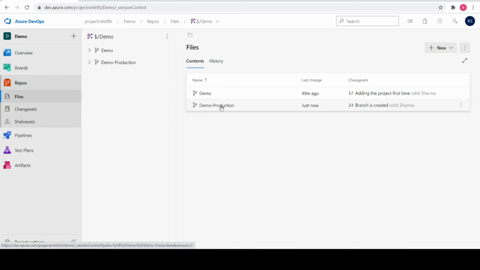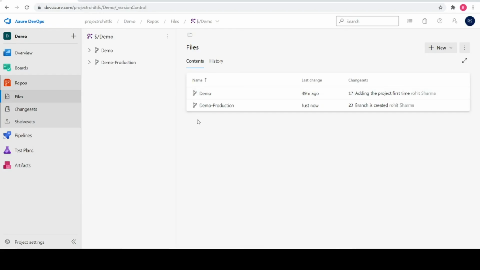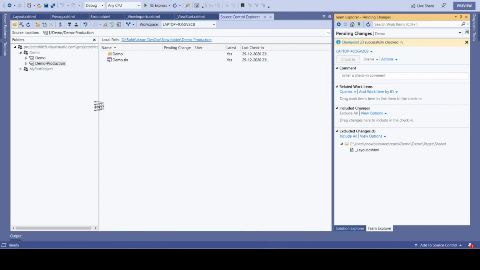So we now have two branches. One branch we will consider as having the production code, and another branch where we are working on new development. But this depends on the organization. Each organization has a different mechanism, and you might realize they keep different branches for different environments. That is completely according to the project needs, but this is the concept of how we can create a branch.